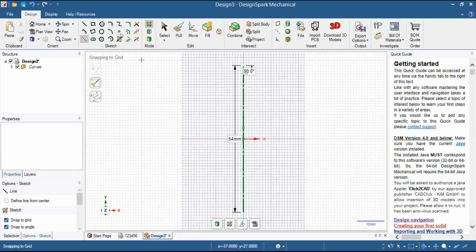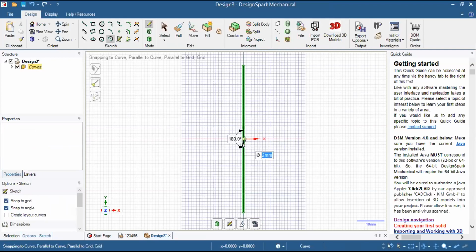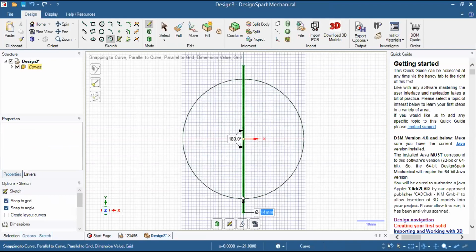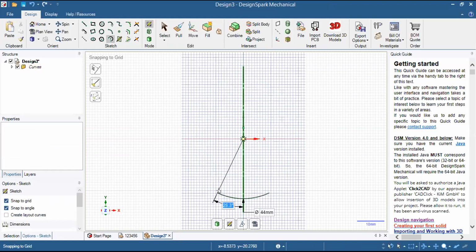Starting now, the next command which is new for you is sweep arc. I will select this command, left click, then I will go to center and drag my mouse and define an arc. Now I will click over here and you can see I have started drawing a semicircle.